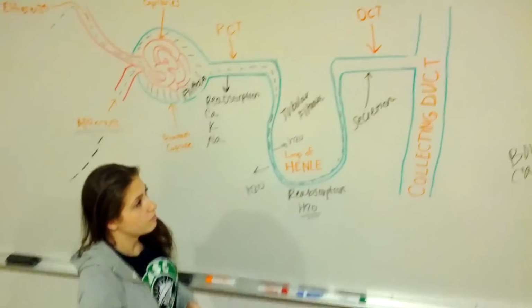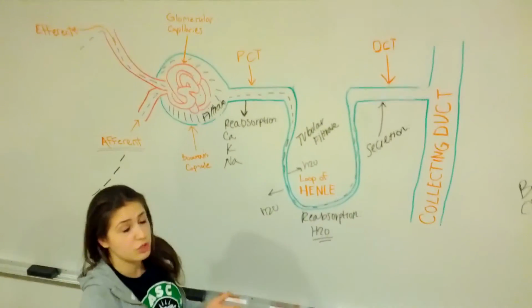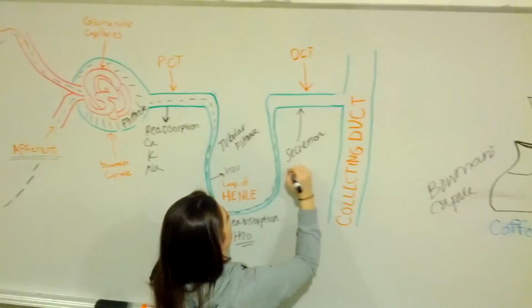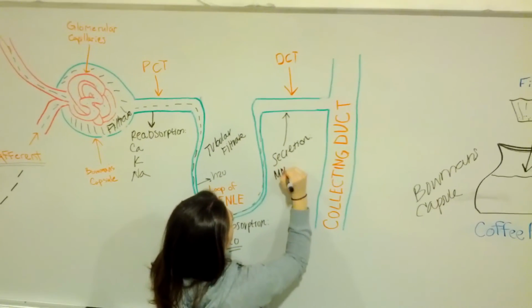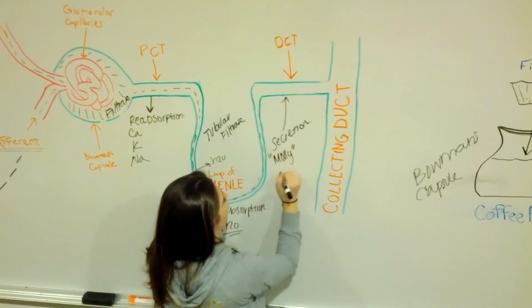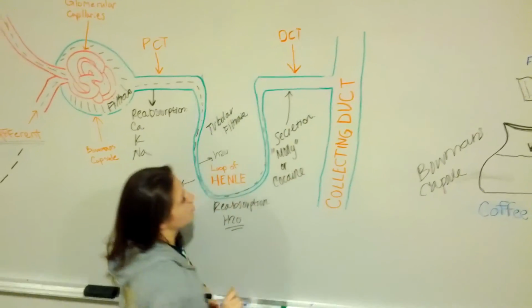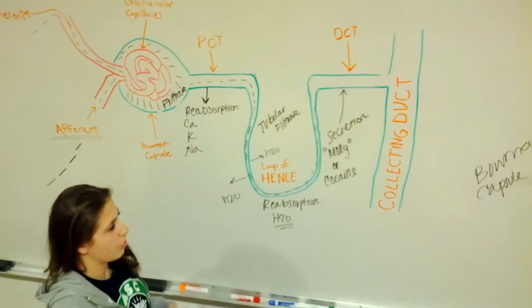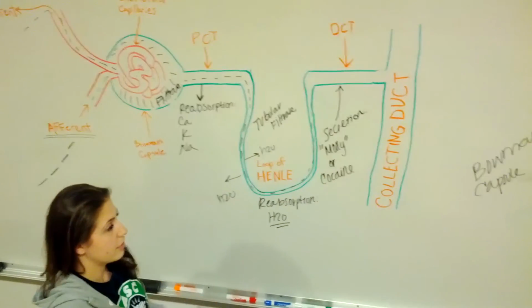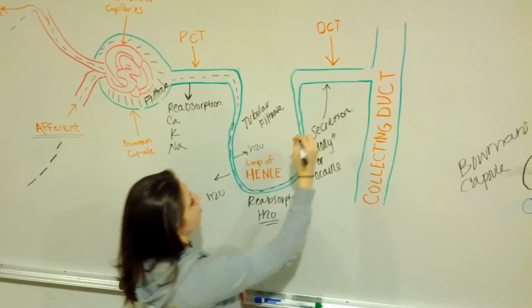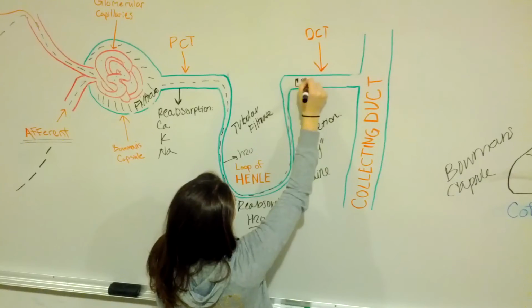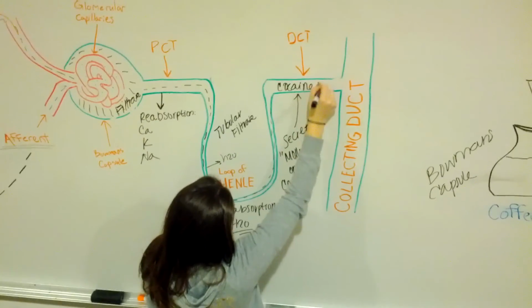So for example, you're out raving all night. You do a lot of hard drugs. Molly, or everybody's favorite, cocaine. And you decide, your body decides that it's all through with that and needs to get rid of cocaine. So it's going to secrete cocaine into the filtrate,